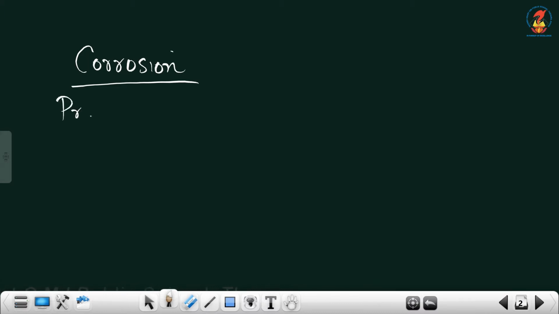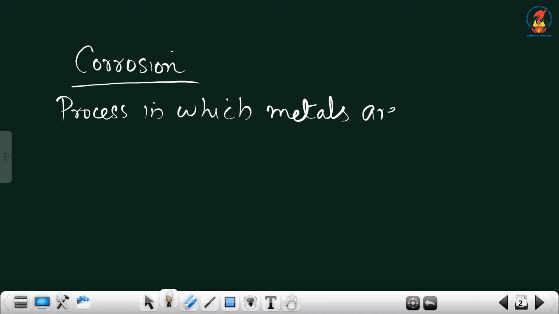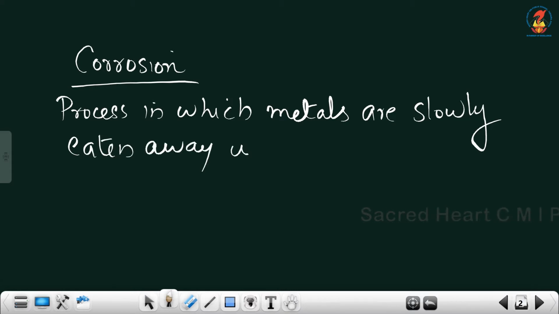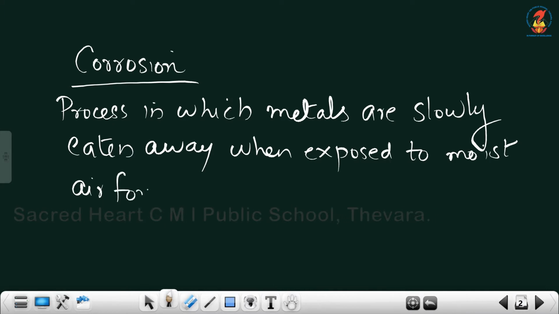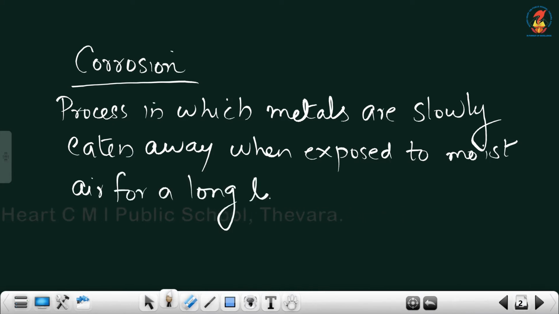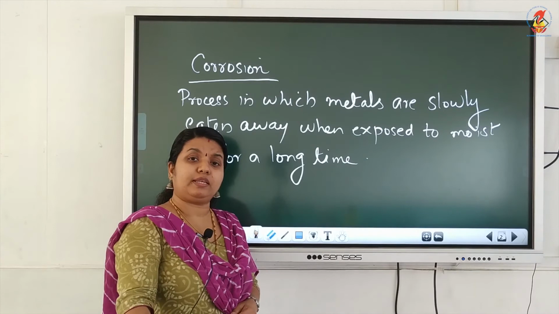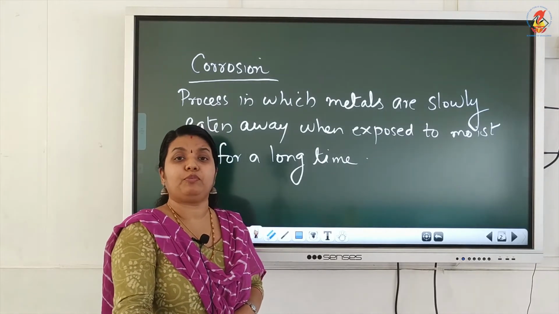Actually, it is a process in which metals are slowly eaten away when exposed to moist air for a long time. So, corrosion is a process in which metals are slowly eaten away when exposed to moist air for a long